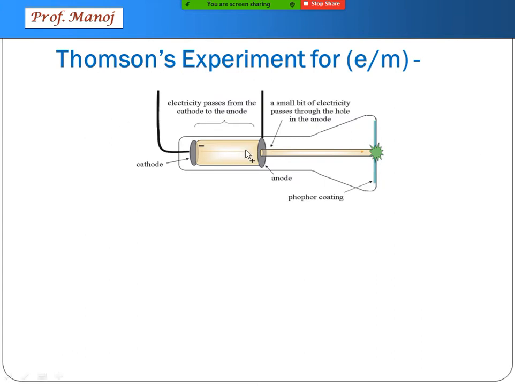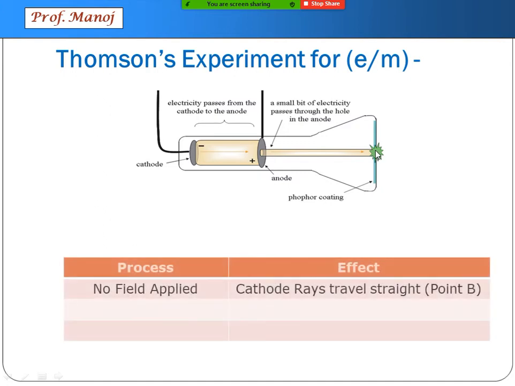In this diagram, this small one is the cathode ray tube, not the entire outer cover. In the outer glass cover at the end, he kept a zinc sulfide coating. Through the cathode ray tube, rays were produced. Imagine they travel further and hit at this point where phosphor is shown. In the first part of the experiment, no electric or magnetic field is applied, so the cathode rays travel straight in a line as shown in the diagram.